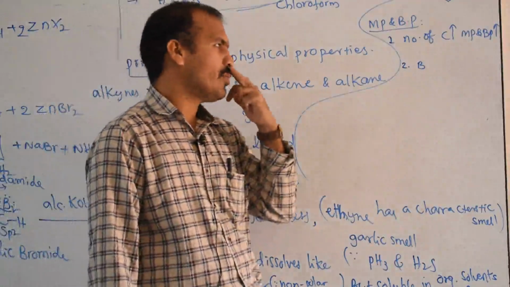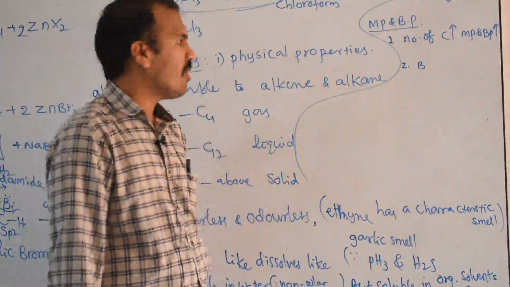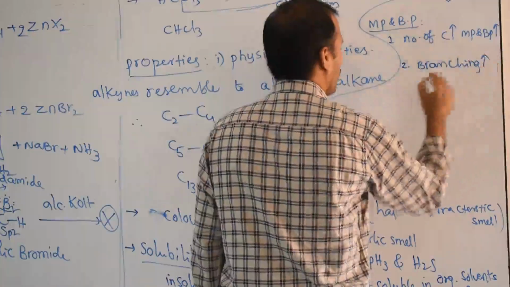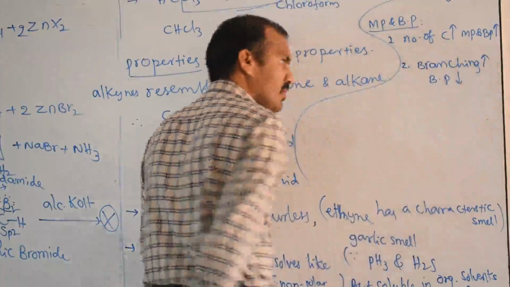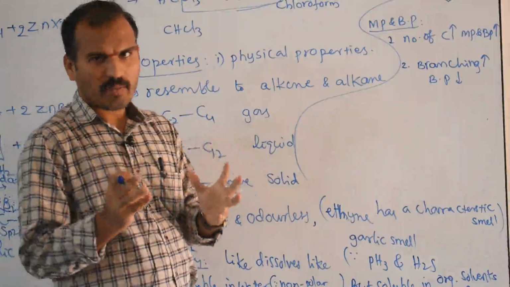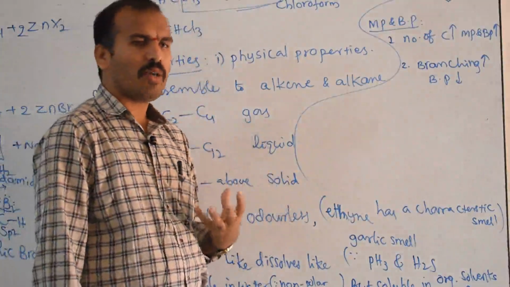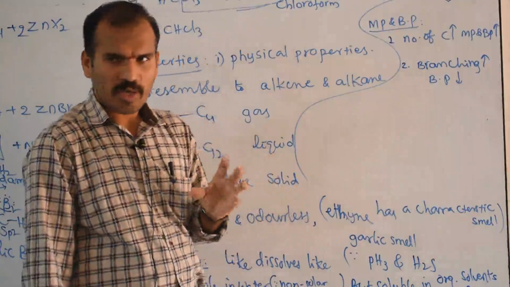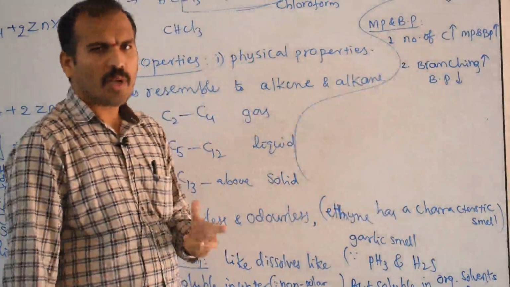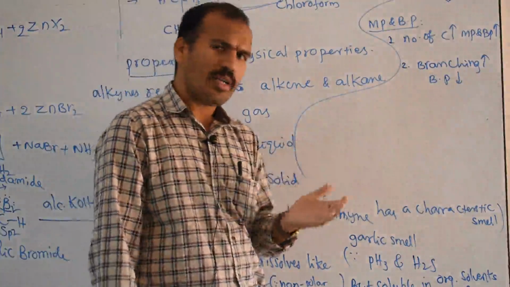According to mathematics also, you can use the formulas for circle, triangle and sphere; a sphere has less area. Therefore, as branching increases, boiling point decreases. And one more thing: melting point depends upon the packing, because it is a solid. More closely packed means higher melting point. Less closely packed means loosely bonded, so the melting point will be less. But boiling point generally depends upon the polarity: more polar, higher boiling point; less polar, lower boiling point. All these points I gave in the previous chapter.